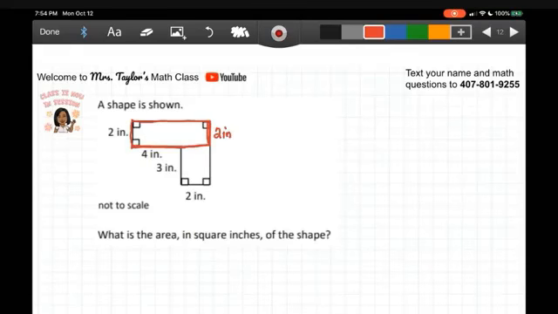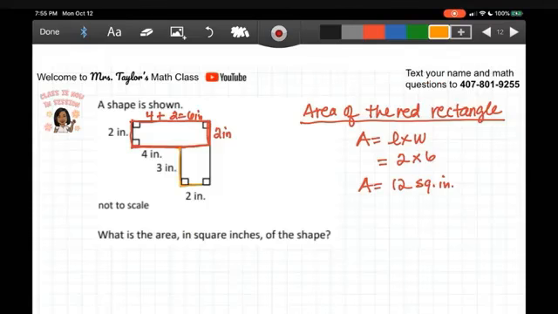Now let's make the other one a different color. So let's make this one yellow. And let's label the pieces here, which is pretty much already labeled. So one side is 3, the other side is 2. So the area of the yellow rectangle,